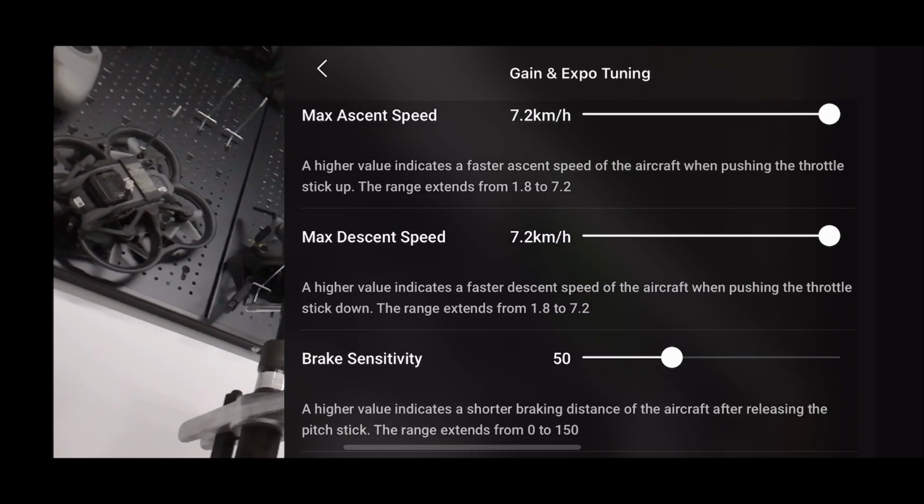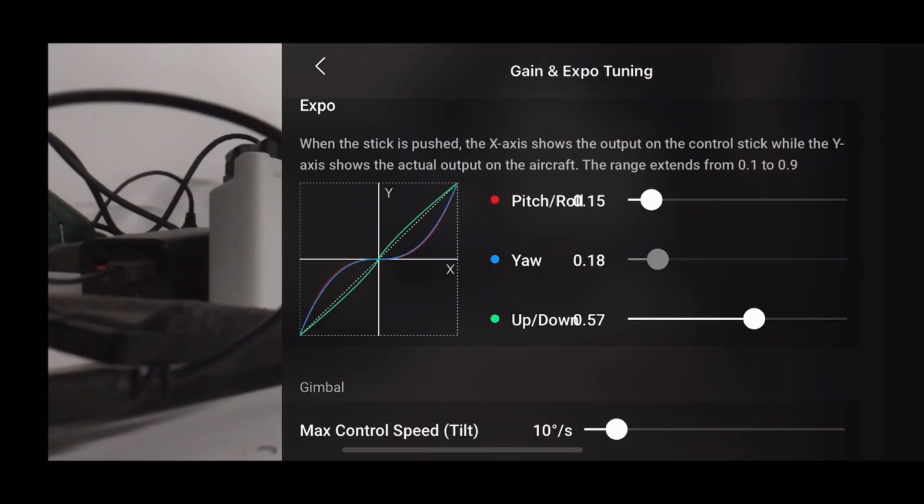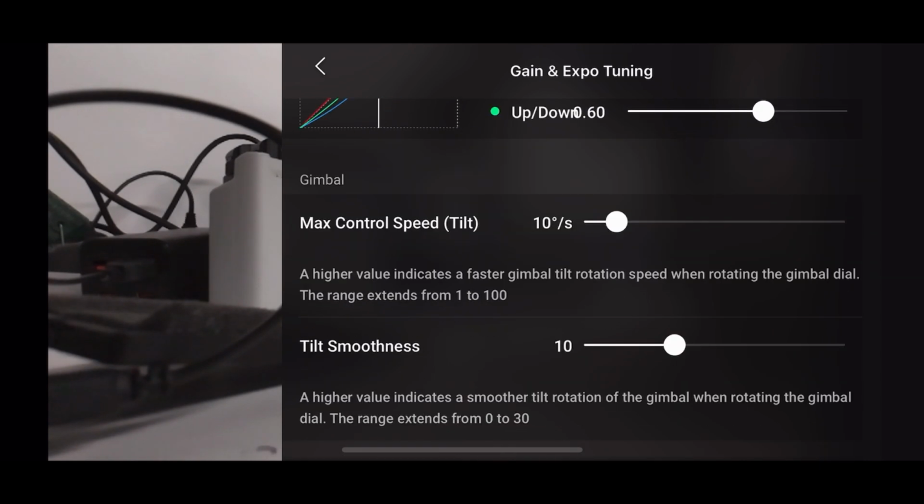With Avata you just can't do this. This is a little bit negative side for me to get real precision flying. But with the Neo now you can do this. You translate the gain and export tuning automatically to the Neo's memory, and when you want to fly with